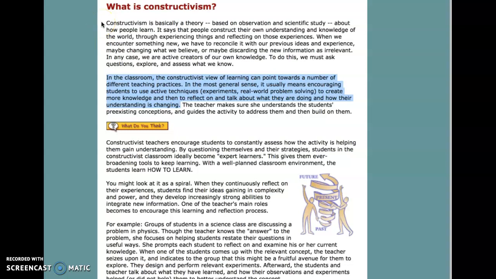It says that people construct their own understanding and knowledge of the world through experiencing things and reflecting on those experiences. So, when you're in the classroom, the constructivist view of learning can point towards a number of different teaching practices. A lot of teachers and instructors will use different types of active techniques like doing experiments, or when you're in higher education, having a debate, having a discussion about what types of things are going on